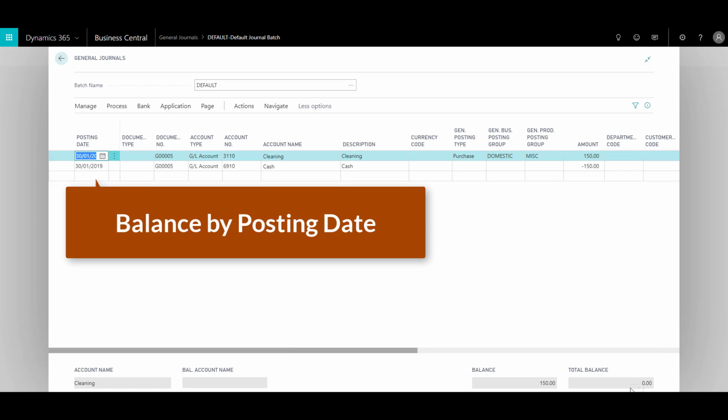Now the second rule is that the journal lines over here, there can be more than 10 or 15 or 100 lines over here. So the journal lines are balanced by date based on the posting date. So all the lines, let's say, which are on this particular date should balance. And for example, if there are 10 other lines which have a posting date of 1st February 2019, all those lines should also balance at the end of the day before you can post,